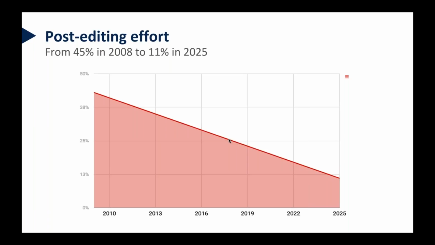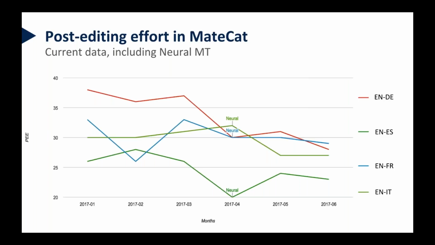And what does it mean? It allows you to do less effort in modifying it, because of course, if the machine translation is already good enough, you would only have to spend less time on the segment, so you can go faster and you still produce the quality you wish to deliver to your client. So this is